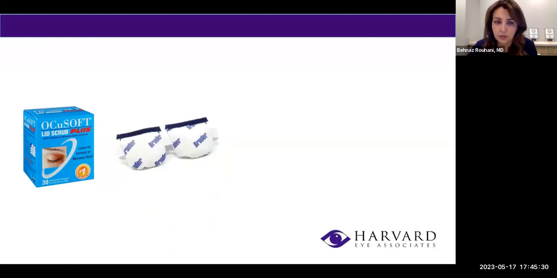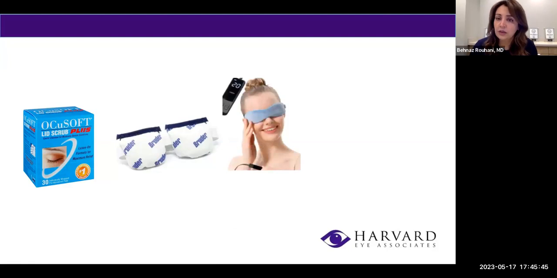There are different types of warm compresses. There are the ones that you can put in a microwave, warming it up for about 20-25 seconds, not to make it too hot, but just warm to put on your eyes and make the glands work for you better and open up. The electrical versions are available. They're more practical. Sometimes I see my patients really forget to use the ones that they need to microwave. So the electrical versions are much more helpful because you can put it on your nightstand or where you can see it more and just plug it in, put it on your eyes.